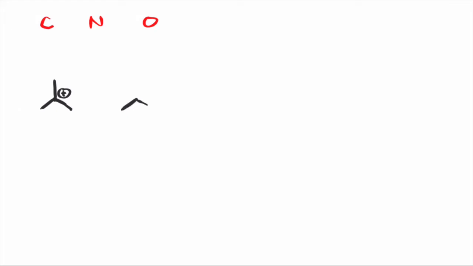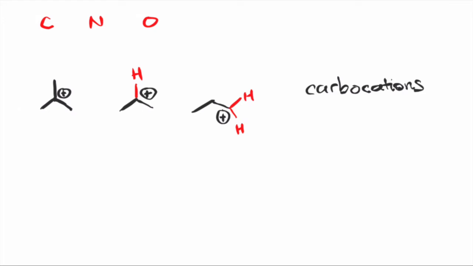Let's take a look at another example. Can you see how many hydrogens, if any, are connected to this positively charged carbon? It's a carbocation, so it needs 3 bonds. It already has 2 bonds, so the last undrawn bond must be to a hydrogen. Let's try that again. What if the carbocation was at the end of this bond line structure? So if it's the end carbon, it already has 1 bond, so how many more hydrogens are connected to it? You need 3 total, so therefore there are 2 hydrogens. So again, these are called carbocations.